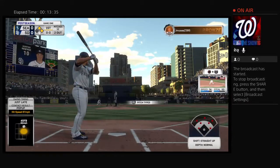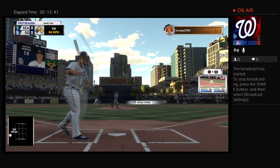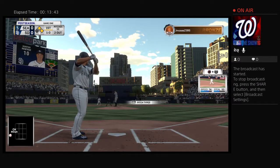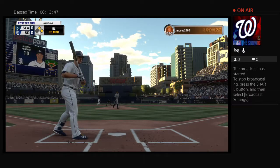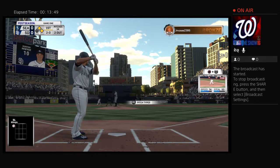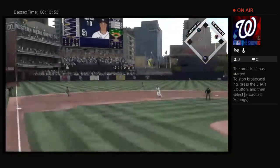Stepping in, Hunter Renfroe. Right fielder, Hunter Renfroe. He'll start him here with a changeup, but it's taken for ball one. He's ready. Here's the 1-0. Sharp slider that time, just missed inside. This is where you really got to focus with runners on base. 2-0 count, you have a tendency to get a little